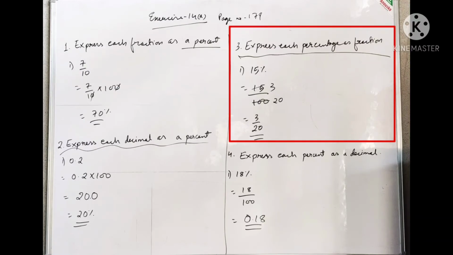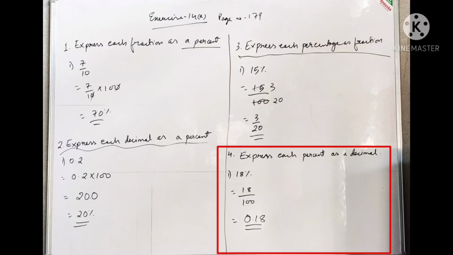So you see example number 3, that is, express each percentage as a fraction. So here we are changing percentage into fraction. When we are changing percentage into fraction, we divide it by 100. So removing the sign of percentage means 100 goes in the denominator. Then we calculate and cancel it by 5. 5 threes are 15, and 5 twenties are 100. So remaining is 3 by 20. We cannot cancel it any further, so the answer remains the same. As the question is telling, we need to keep it in fraction, so we have to do nothing. The answer will be 3 by 20.